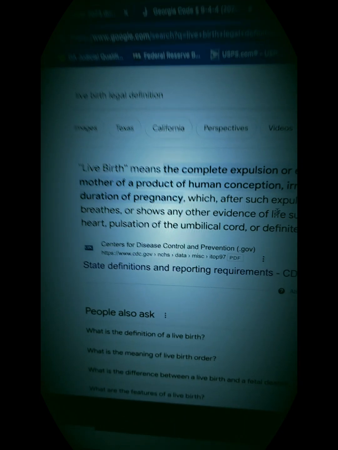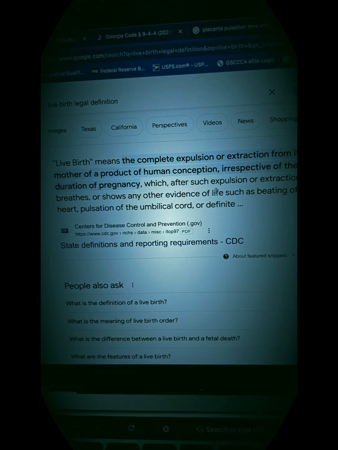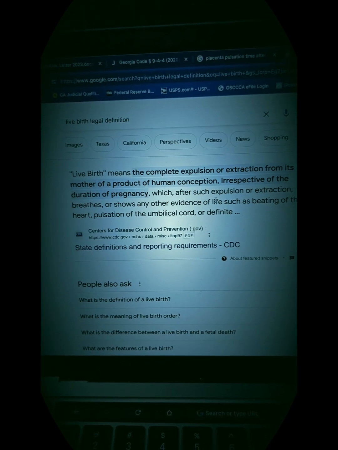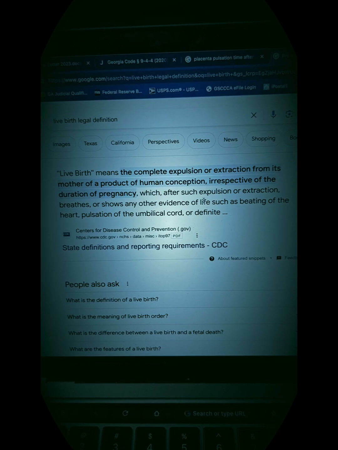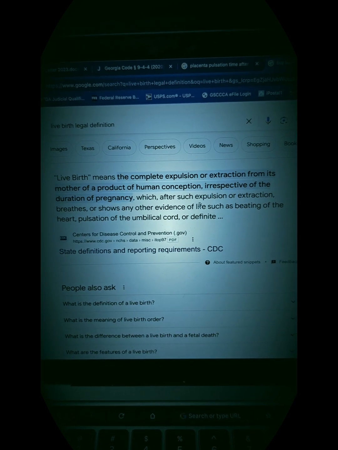Keep in mind also the definition of a live birth. We're gonna get this from the CDC. I did a video on this months ago. Right here, as y'all can see, this is from the CDC website. Live birth means the complete expulsion or extraction from its mother of a product of human conception.